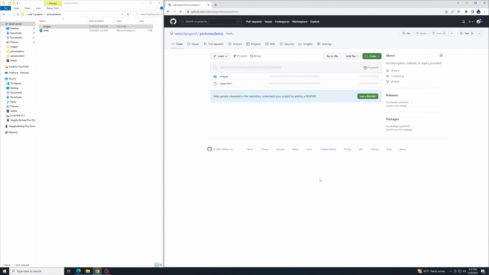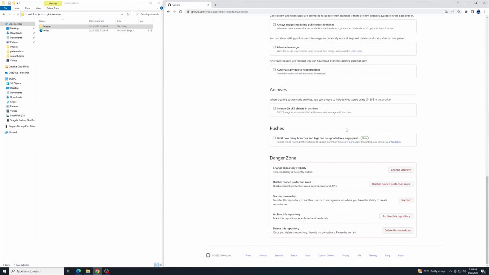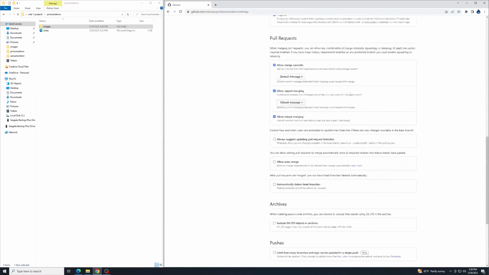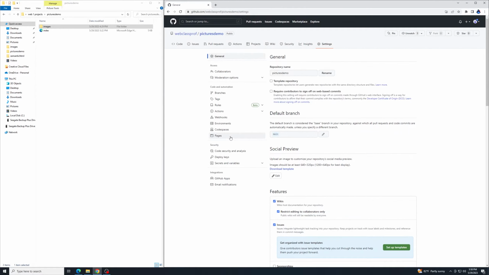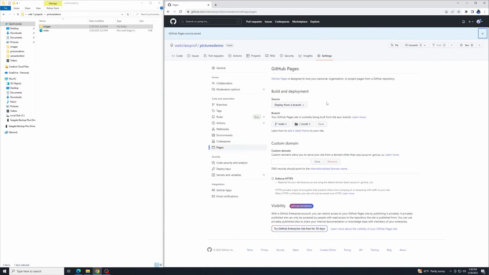processing your files, and then just like we've done before, we'll go up here to settings, and then on the left hand side we'll scroll down here and make sure this repository is currently public, so I don't have to worry about changing visibility. Then on the left hand side I can go over here to pages and go here from branch and select main. This is going to be root, and click save,